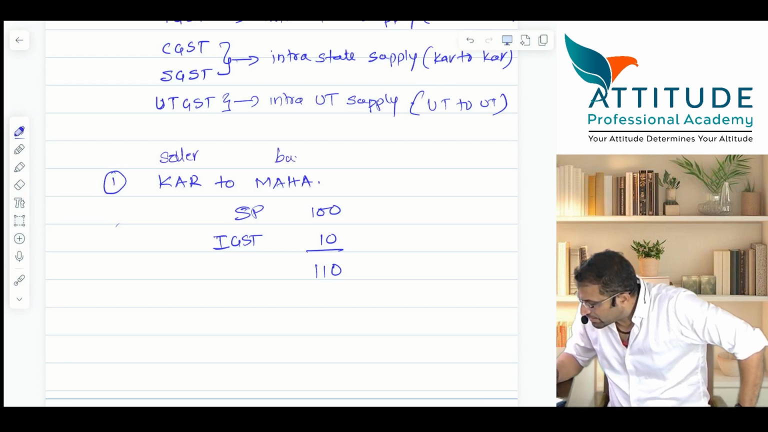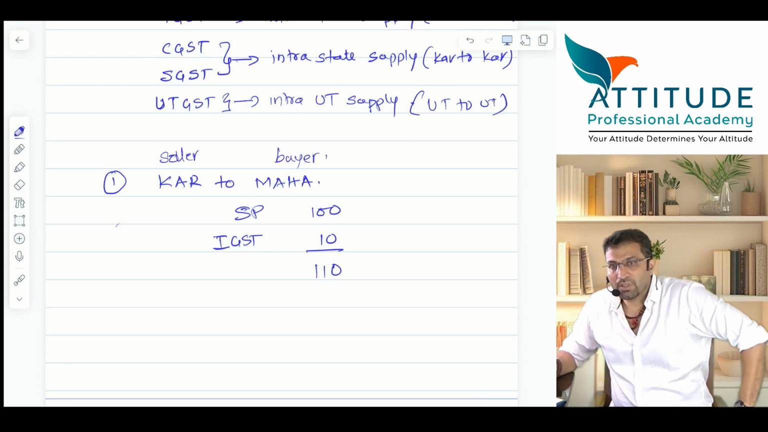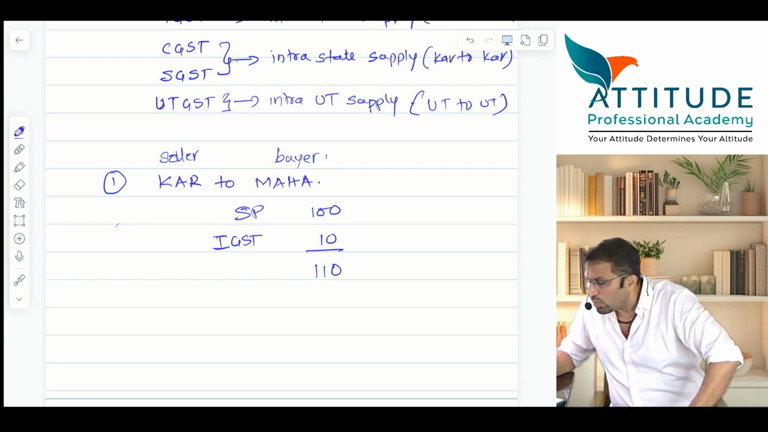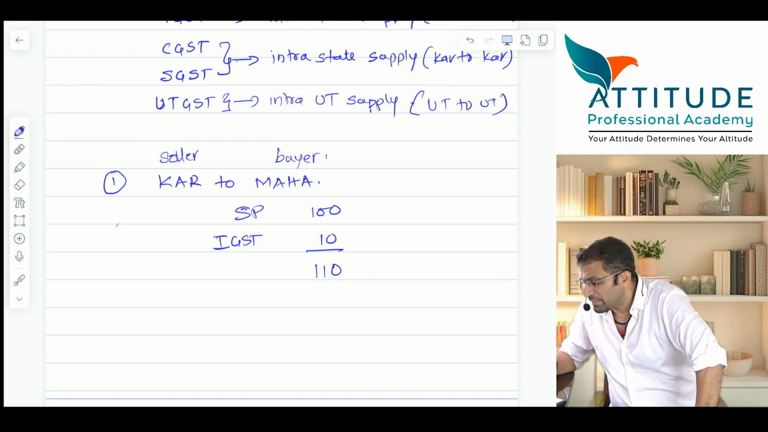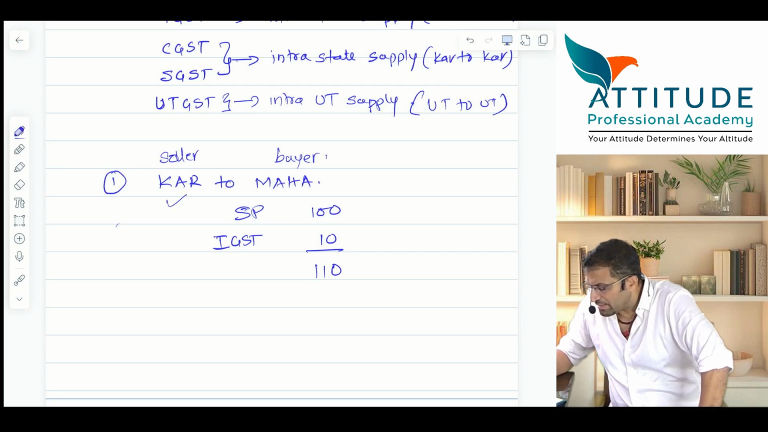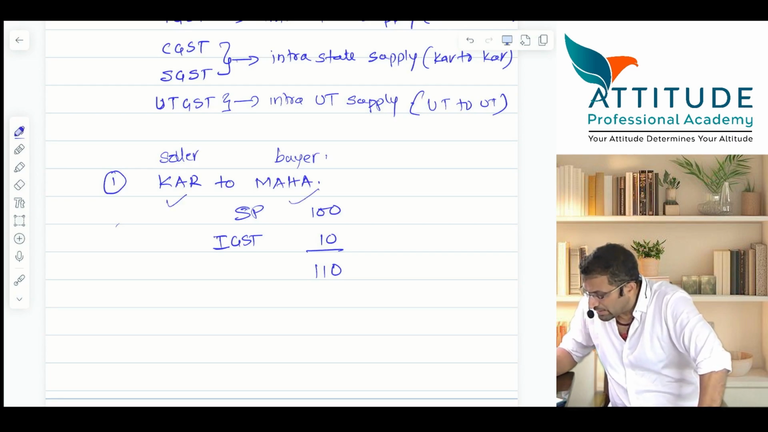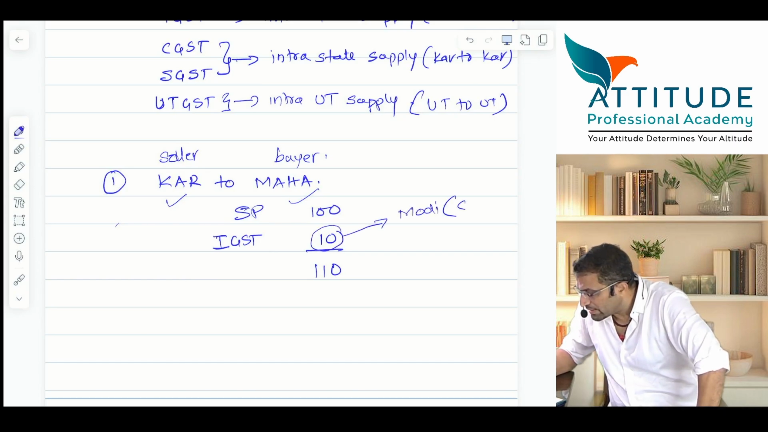This is buyer state. Okay? Now, hello, this 10 rupees, whom are you going to pay? Karnataka government, Maharashtra government or central government? Siddaramaiah or Fadnavis or Narendra Modi? No. This 10 rupees will first go to what? Modi. What government? Central government, CG. Is that clear? And Modi will